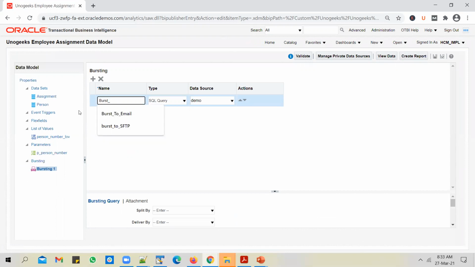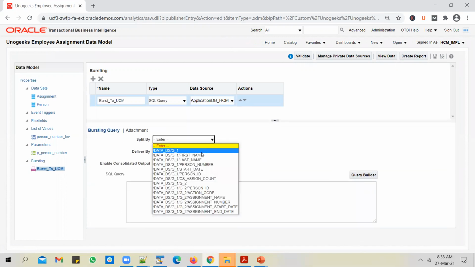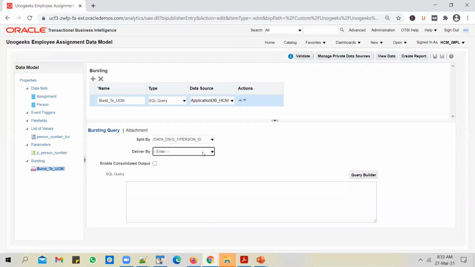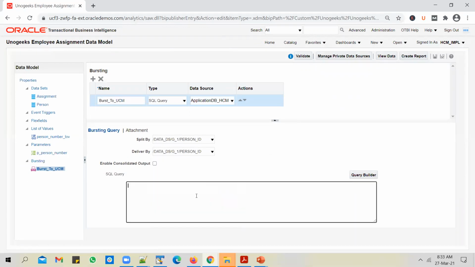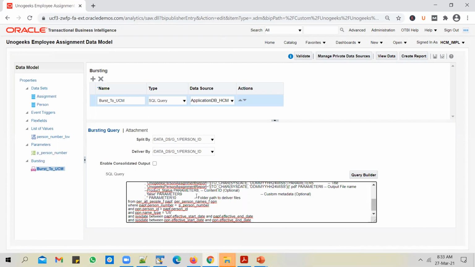You can probably call it burst to UCM. Select the data source as HCM because it's a HCM report after all. Select the split by option as person ID, the deliver by option also as person ID, and you paste in the SQL query that you have prepared.